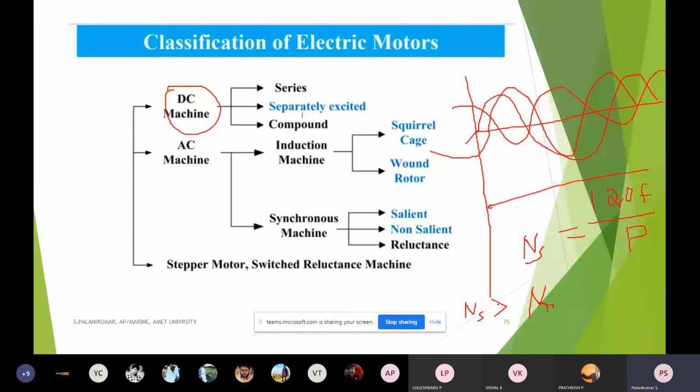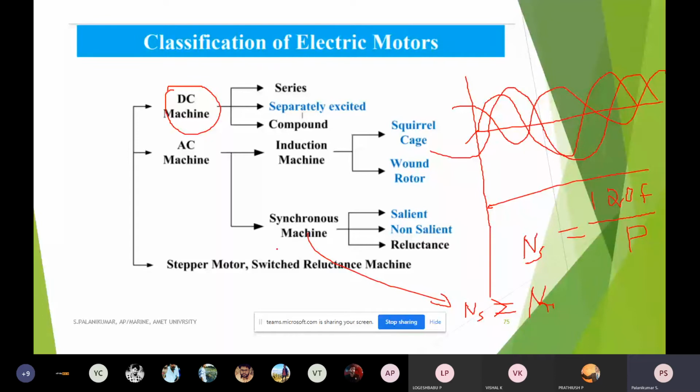If I want both to be equal, I am going for a synchronous machine. The rotating magnetic field can be made in the rotor as well, by means of an external arrangement by which it initially starts. Initially the synchronous speed will be more than the rotor speed. By external supply to the rotor, similar to a DC machine, the rotor needs to be supplied with a DC supply, which produces a pull-in torque that makes the rotor rotate at the same speed as the stator's rotating magnetic field.